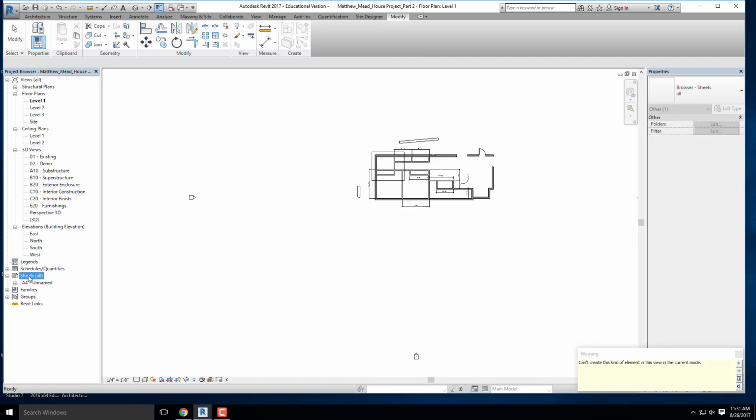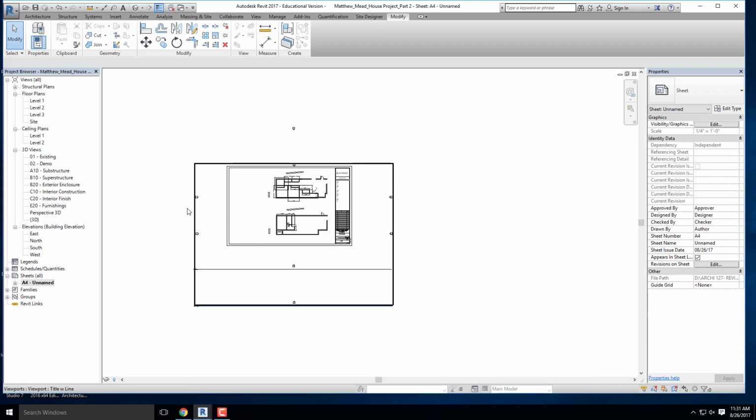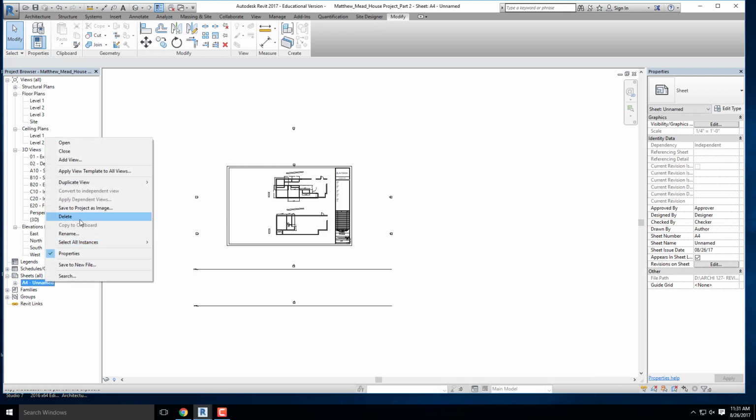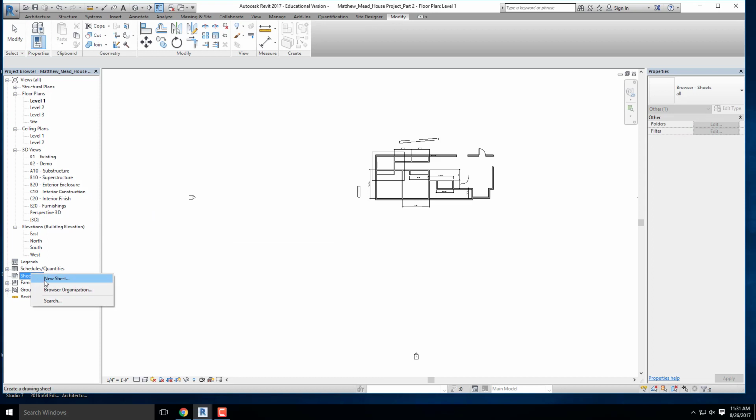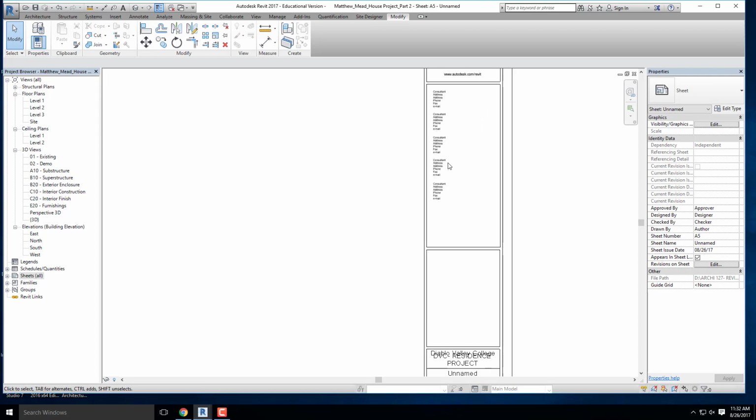project. All right, I'm going to go to Sheets, A4, and I'm going to, let me delete this. I'm going to create a new sheet, and I'm going to select that DVC title block. There it is right there. So that's the one that I just created. All right, so I now have that as an option to select when I'm creating a new sheet. All right, so I'm going to click on that DVC title block that I just created, and notice that over